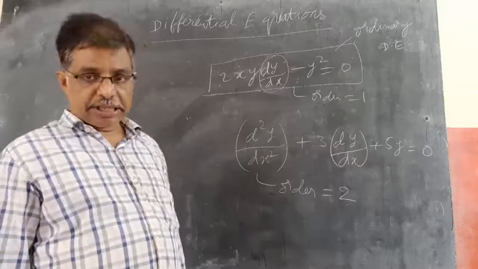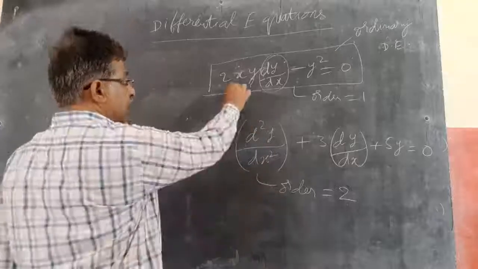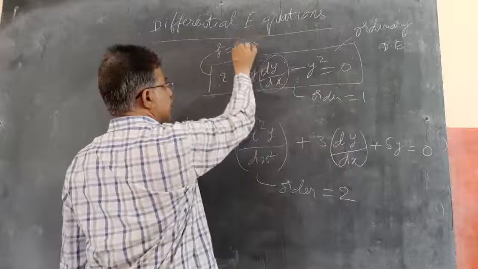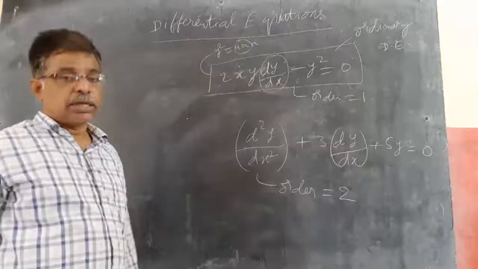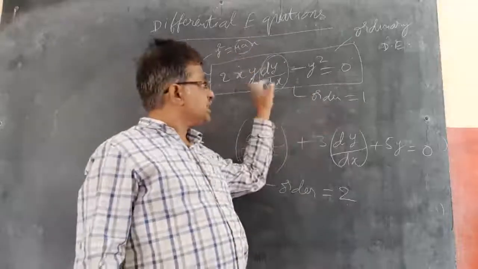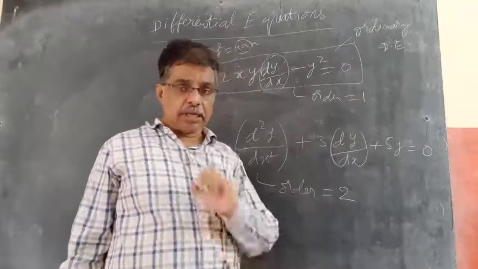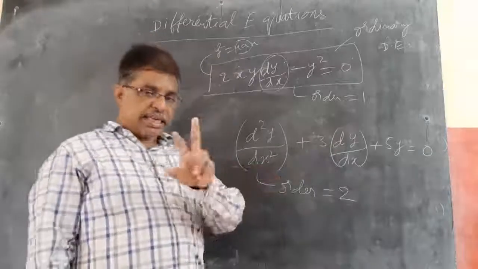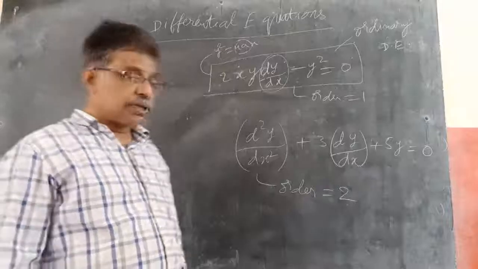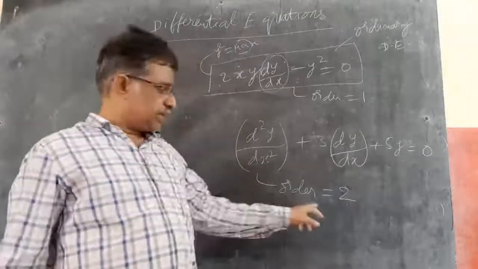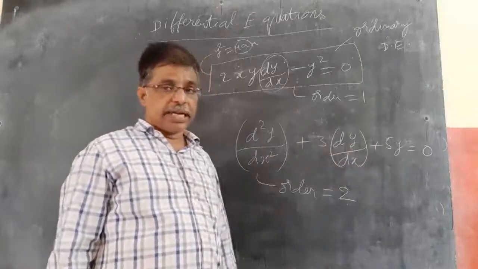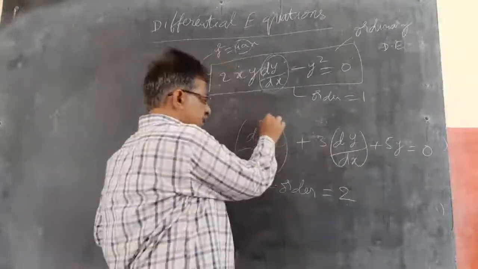Then it is called the order of the differential equation. So we already derived an equation from y square equal to 4ax. We eliminated 4a and we got a differential equation. So it has only one arbitrary constant involved. So it is differentiated one time and the order is 1. Like if differentiated 2 times, means if there are 2 arbitrary constants and you differentiate 2 times, then that equation is this: d square y by dx square plus 3 into dy by dx plus 5y. Means we differentiated 2 times.